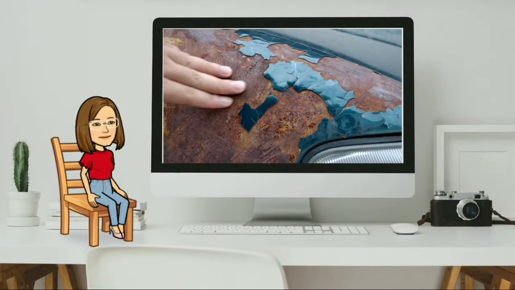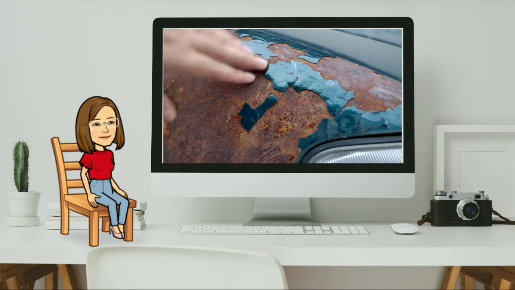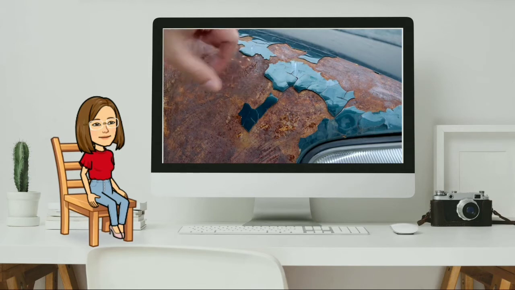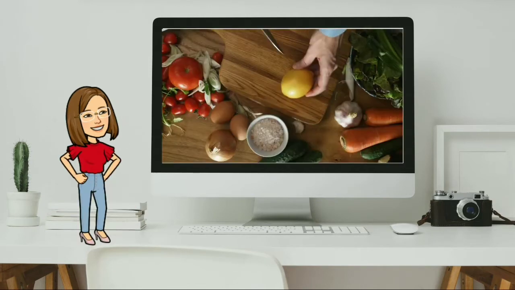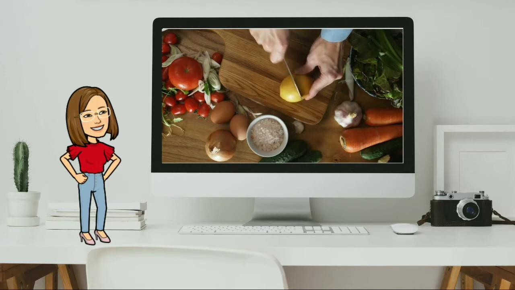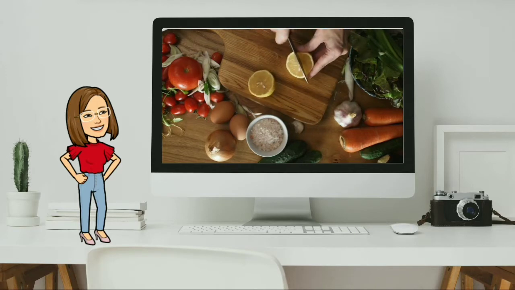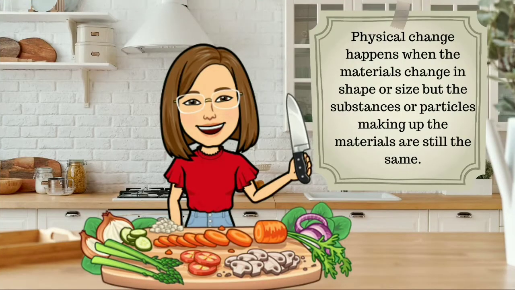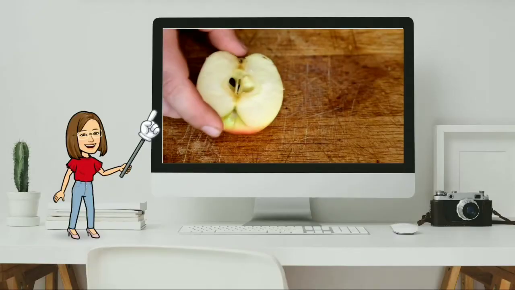You may observe that some materials around you have changed. You may also notice that while there are materials that change, there are also those that seem to stay the same. There are two ways by which materials change. These changes can be categorized as physical change and chemical change. Physical change happens when the materials change in shape or size, but the substances or particles making up the materials are still the same. These changes are directly observed,